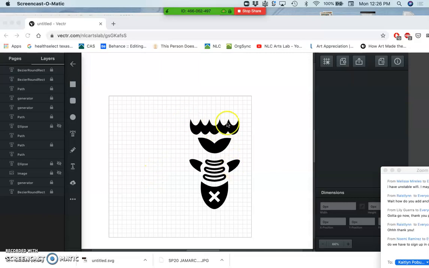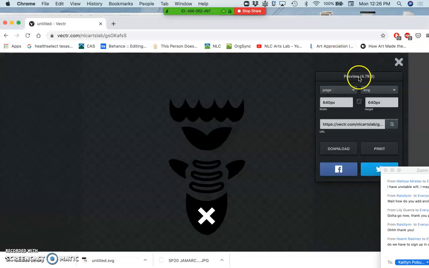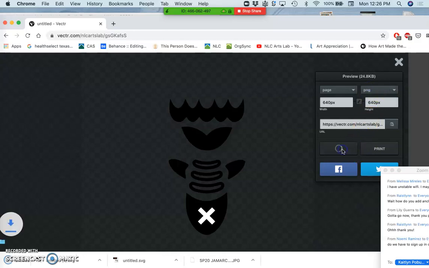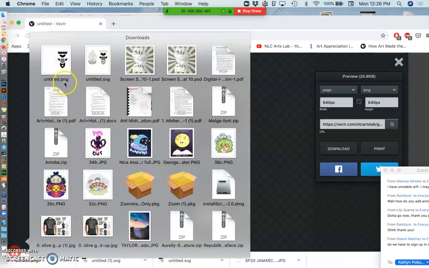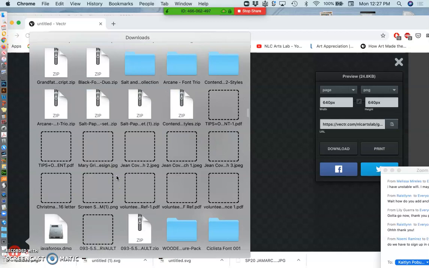Okay, so I have my finished image. I saved it, I exported it as an SVG. Now I want to export it in a way that I can upload to the internet into PhotoBucket. So I'm going to export it as a PNG, then download. Now remember, it's going to be untitled, so I have to go to downloads immediately, find the untitled PNG,